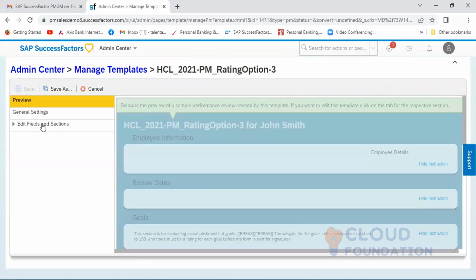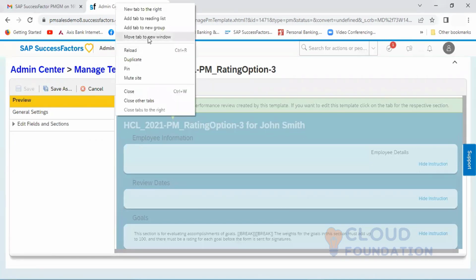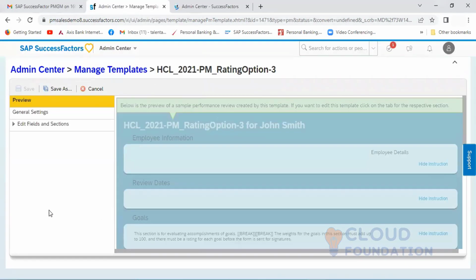And here I will duplicate this screen. Let me duplicate this screen, and I will take a scenario, a couple of ways we can explore this